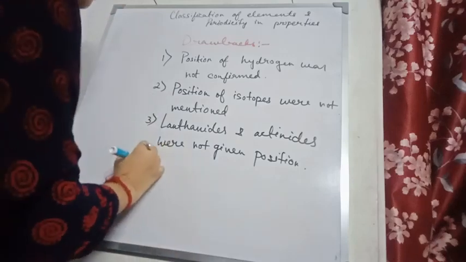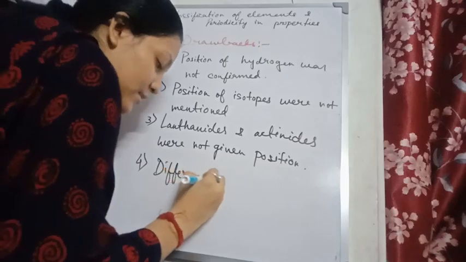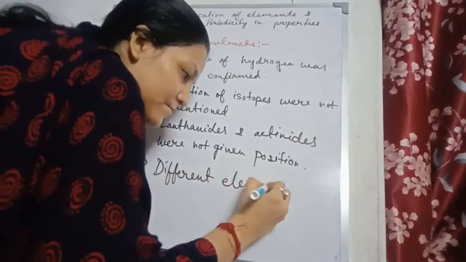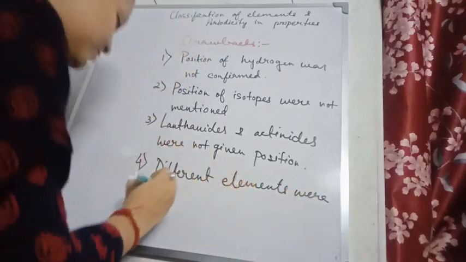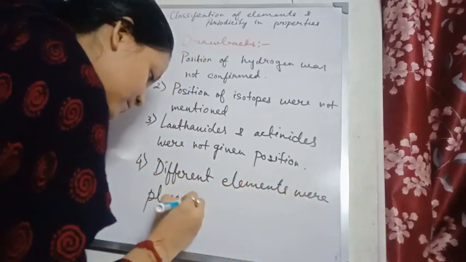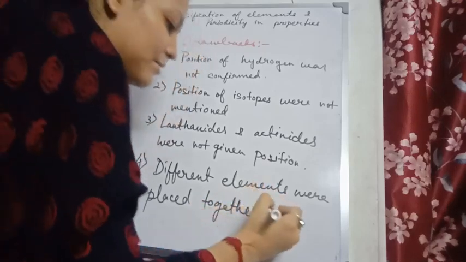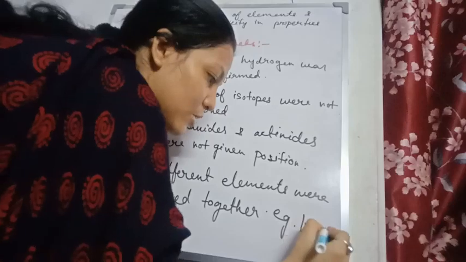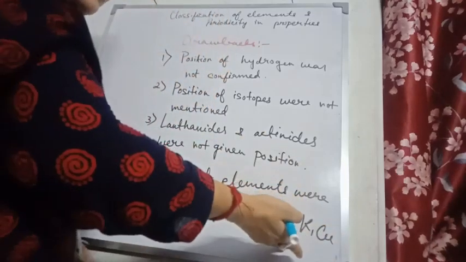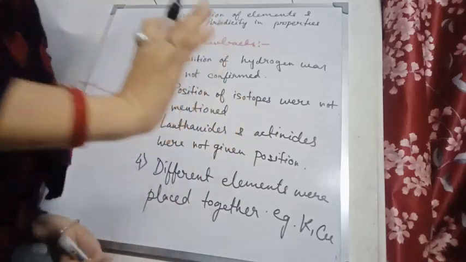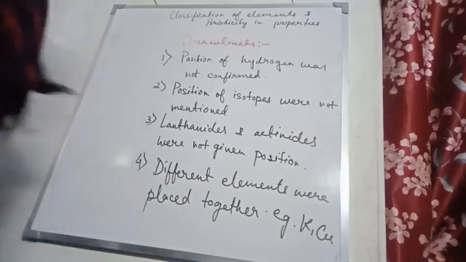Fourth, different elements were placed together. For example, potassium and copper. These two elements are placed together, though we know that potassium and copper have totally different properties. I mean, both are metals, but their features are entirely different. Next drawback